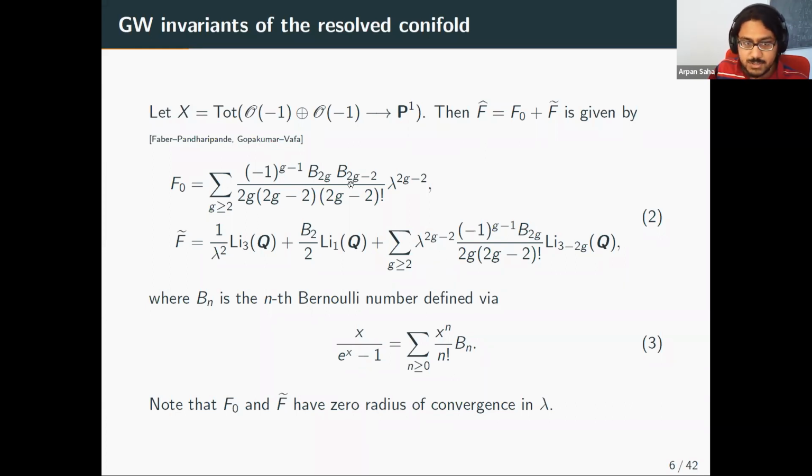Now, both of these expressions involve the Bernoulli numbers defined here, and these grow extremely rapidly. So both these series have 0 radius of convergence. So that might seem like a problem, but this is something that we'll come back to in a few slides. But before that,